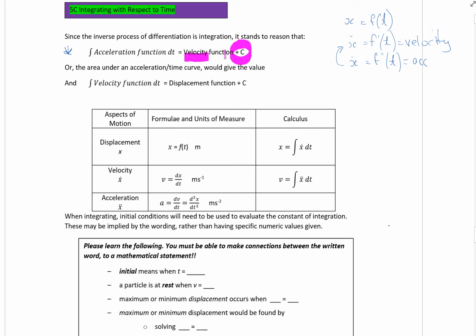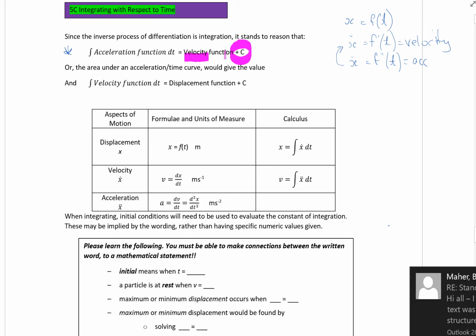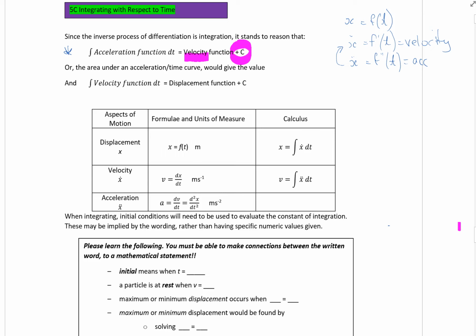Now that is really, really important because you'll see that there are times when c ends up being 0, but you'll also see there are situations where it's really important that you've established if there is a constant belonging to, in this case here, say the velocity function,